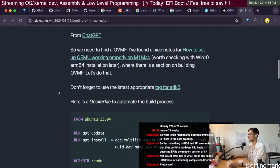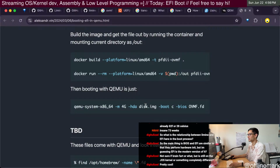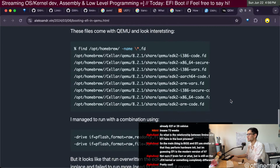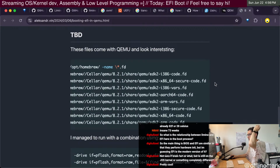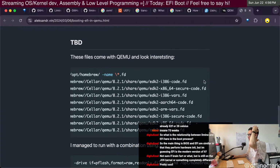Oh, from ChatGPT. So this is kind of interesting. They do it a bit differently. Oh, what? These files come with Qemu. And look. Wow, this would be quite interesting. If Qemu comes with its own...